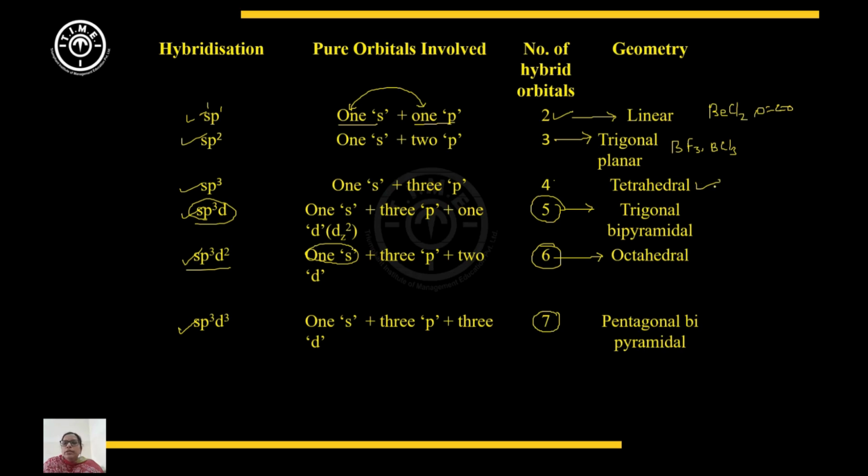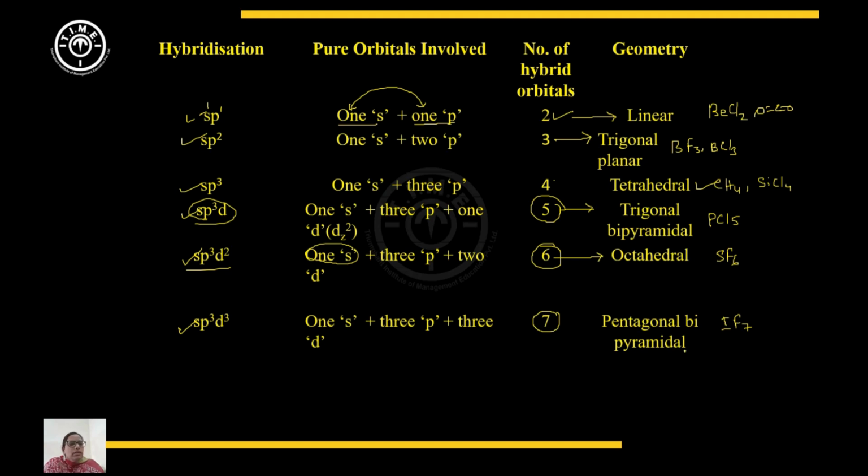Similarly, for the tetrahedral geometry, examples are CH4 and SiCl4, etc. For trigonal bipyramidal, the example is PCl5, and for octahedral it is SF6, and for pentagonal bipyramidal the example is IF7. So these are the molecules having the regular geometry of linear, triangular planar, tetrahedral, trigonal bipyramidal, octahedral and pentagonal bipyramidal,